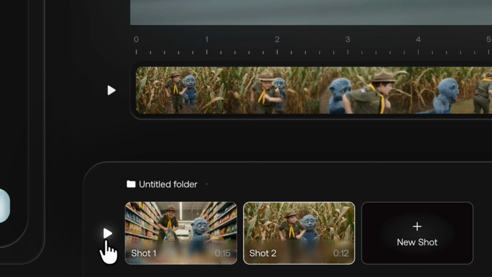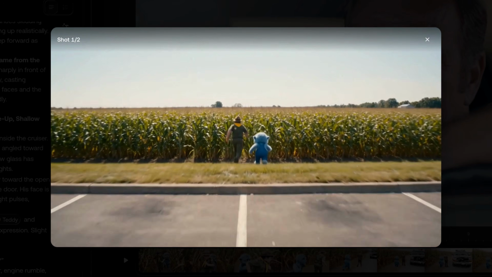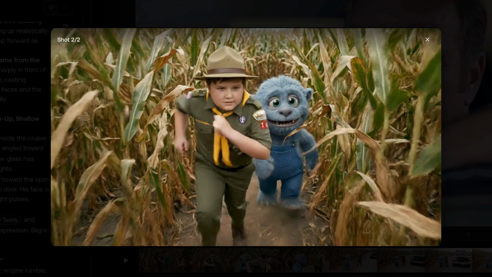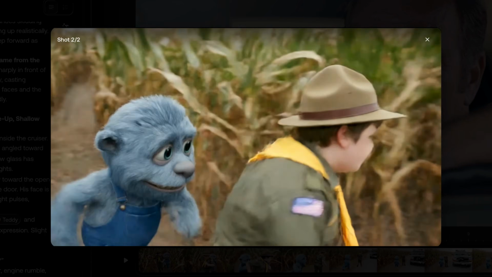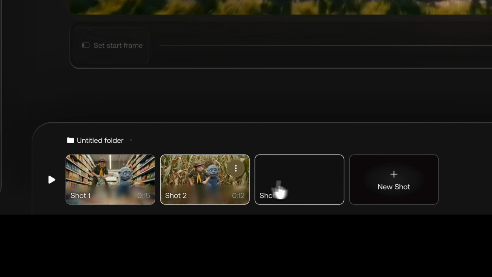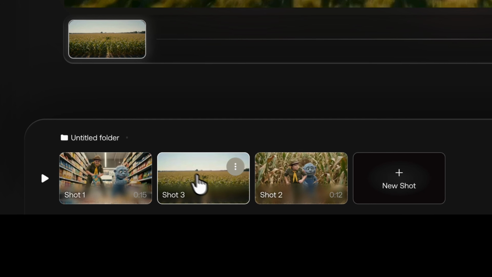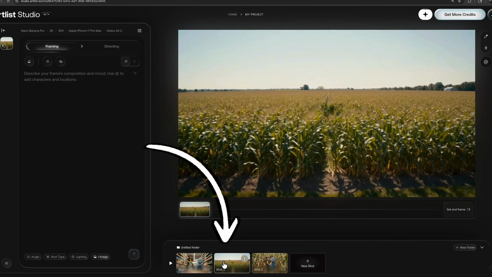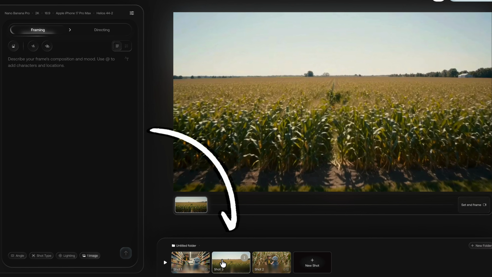Now we have these 2 scenes, and we can play them back together down here on this sort of timeline, which is cool, but it makes me want more editing capability over these scenes. You can rearrange shots in the timeline order, but there's no way to trim scenes shorter or even to just export them all together combined into one video clip. This timeline is purely for like preview purposes. But that's not the biggest thing that I need improved here, and we'll get to that, but first let's test